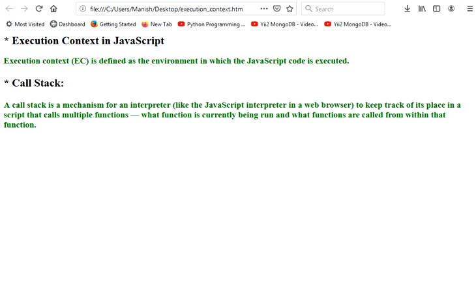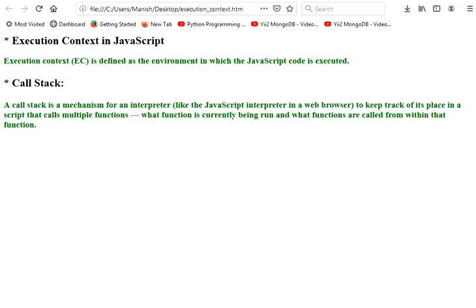To execute that particular function and to keep track of that function, the runtime engine pushes that function into the call stack and then executes it. And once the execution is completed, it's popped from the call stack.